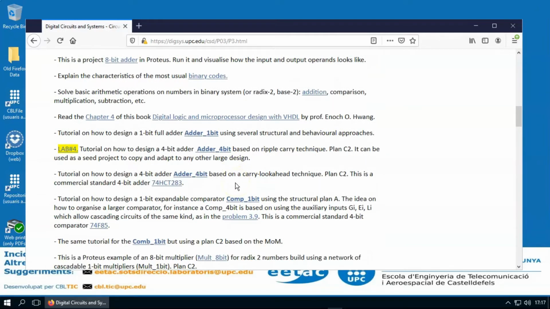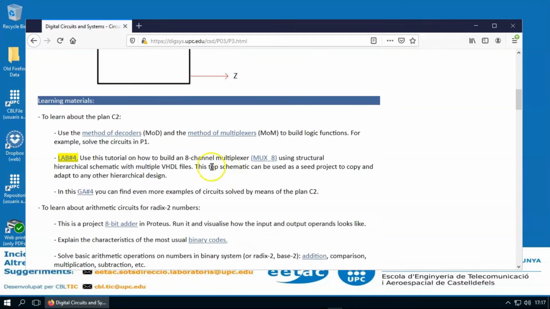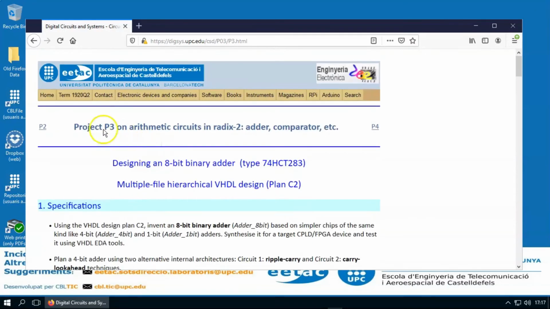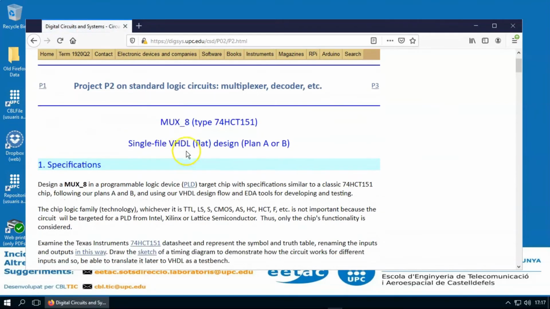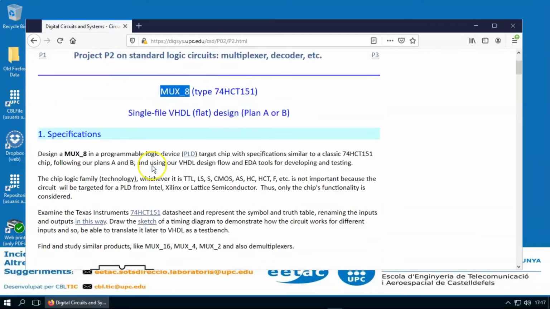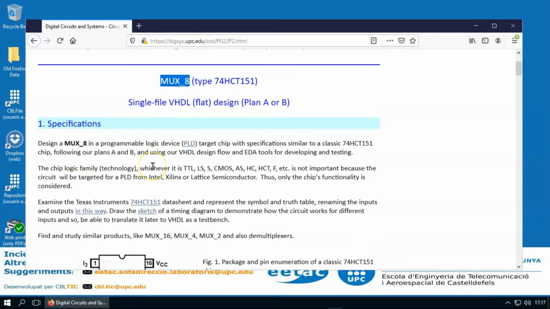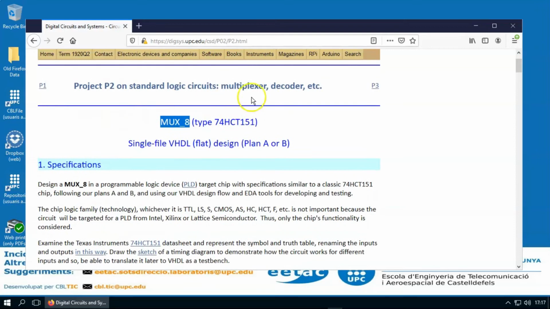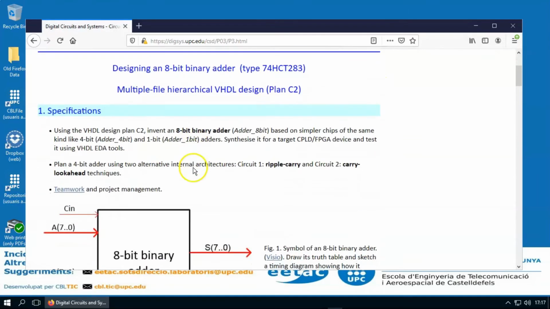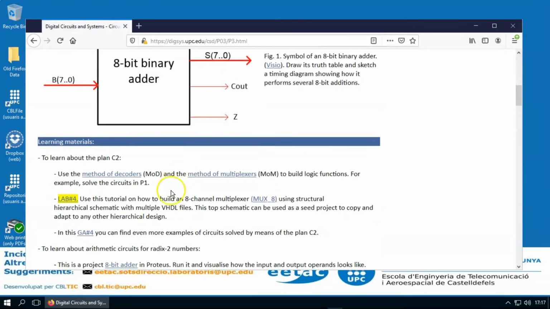for example, some muxes. And I remember that the muxes were something that we deduced in the project 2, precisely the mux 8. And, well, this is a structural plan based on plan C2. So in P2, the mux was solved using plan A and plan B. So why don't we go to P3 itself and just go down to the learning materials, because it's going to be about